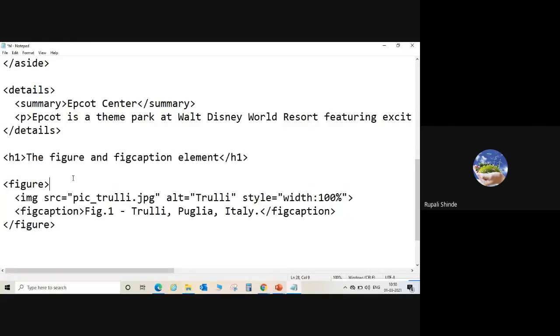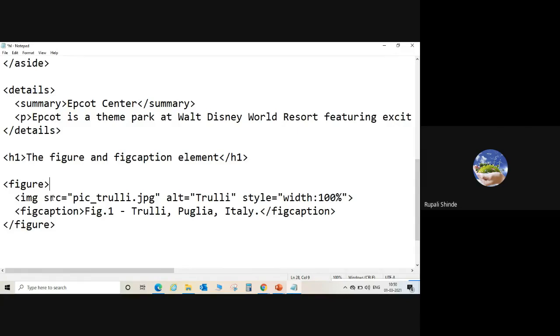So first we have to include the figure. Then you have to add the image, or your figure image. If you want to add the image, it comes under the basic elements, that is the image tag, used like img.